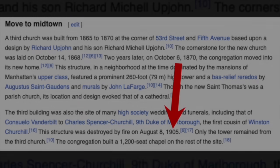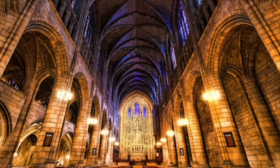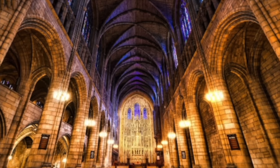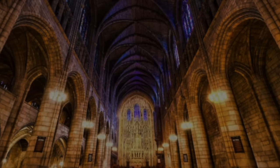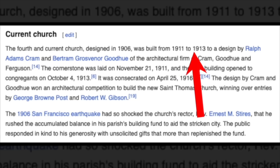So I'm gonna ask again, how many of you are still on the fence? The one that is there today is the fourth church, which is insane at this point. And a clear repeating narrative all over the world. Multiple buildings to explain the one that looks like a palace. So the fourth church, this incredible structure, was supposedly built in just 2 years, from 1911 to 1913,